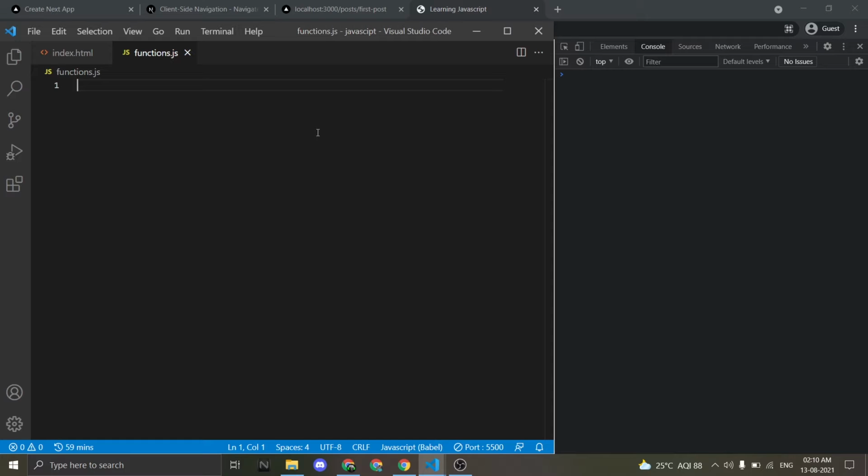There is a reserved keyword in JavaScript called function, and then you give a name to the function, whatever you want to keep, like this can be the name, and then there are parentheses. Actually the opening and closing brackets are called parentheses, and then there starts the scope. The curly braces are called scope. So this is our function, and here we write the logic, whatever we need to perform whenever the function is